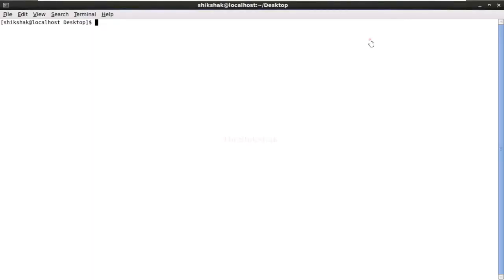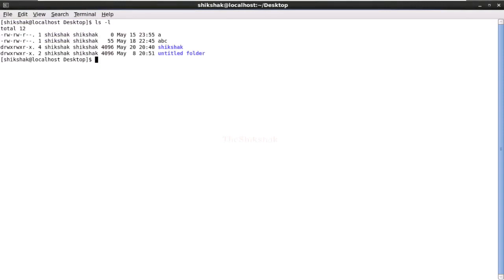Now I am using ls -l, which will show you the directory structure. Now if I am using Control R, see, that is a reverse search. Now if I put l in it, that shows me the last command that I have used, ls -l. And this is one of the shortcuts to use for search. To move further,